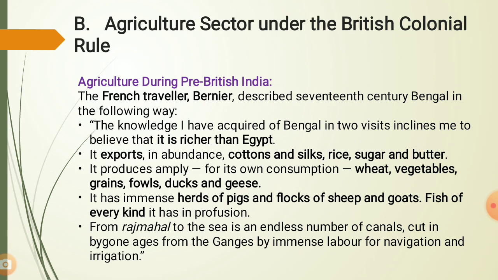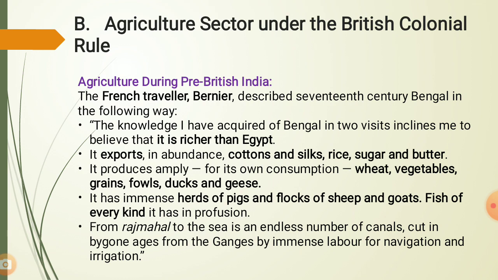If we look at the agriculture sector during pre-British India, it is beautifully explained by a French traveler, Bernier, who described 17th century Bengal in the following way. He said, "The knowledge I have acquired of Bengal in two visits inclines me to believe that it is richer than Egypt." So according to foreign travelers, India was richer than Egypt,